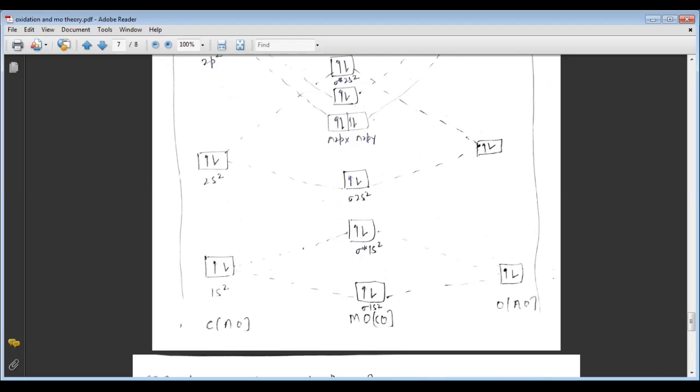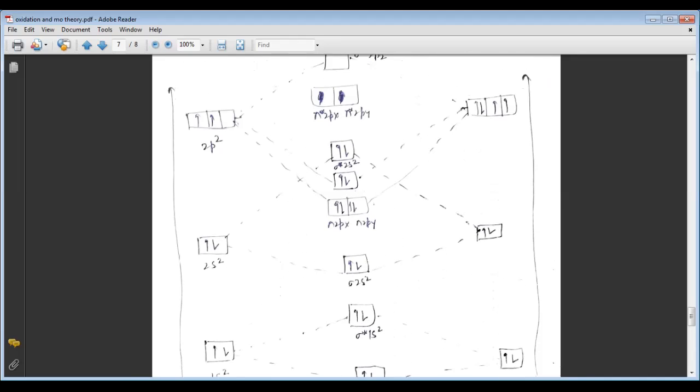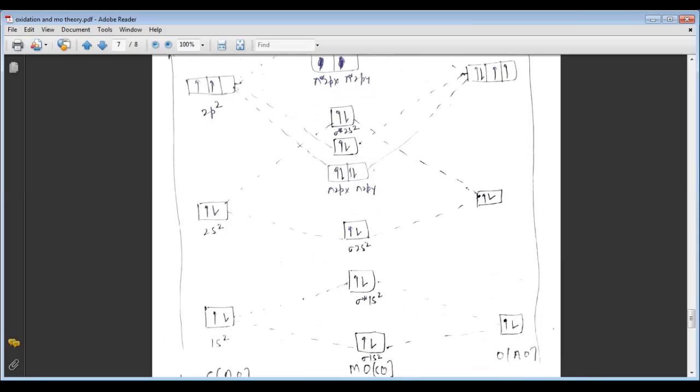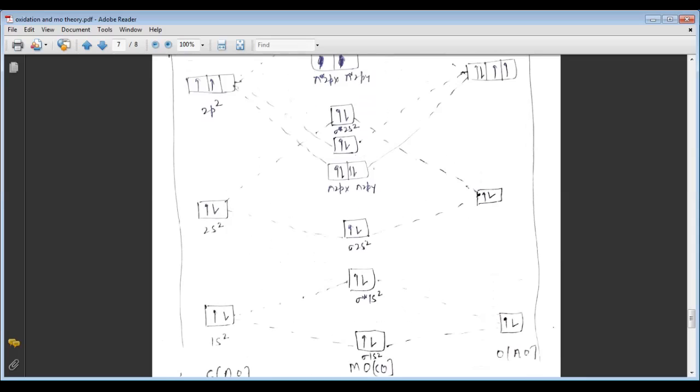One thing is important: we can make the orbitals of oxygen in comparison to carbon a little bit lower, because the energy of oxygen will be lower due to its higher electronegative character. So the energy of carbon will be higher and oxygen will be lower. So we can draw this orbital in comparison to carbon a little bit on the lower side. Okay, then fill the electrons for the carbon atomic orbital, and here is the oxygen atomic orbital: 1s2, 2s2, and 2p4. Now the total number of electrons is 14.